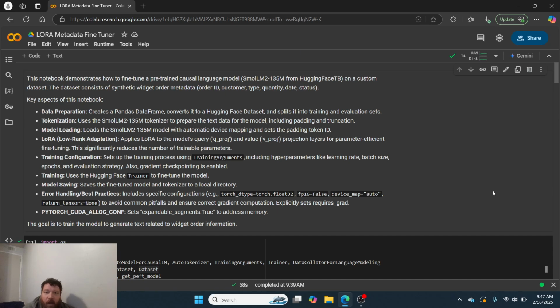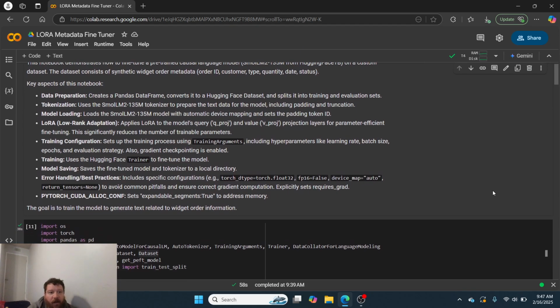data sets, etc. But overall, the big question is: I have metadata. How do I fine-tune my model? This notebook demonstrates how to fine-tune a pre-trained model. In this instance, I'm using SmolLM 135M for memory constraints on a custom data set. The data set consists of synthetic widget order metadata: order ID, customer type, quantity, date, status. Key aspects of this notebook are that it utilizes data preparation. So I'll show you how to prep the data, which is like the main